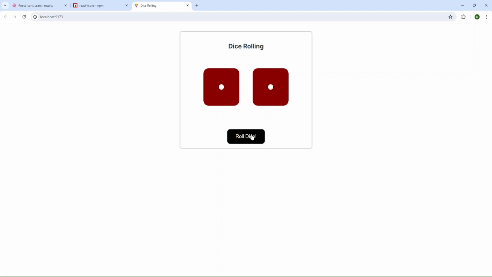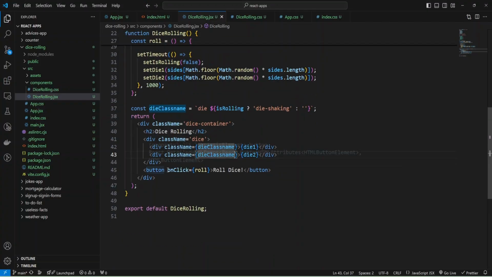I'm going to press roll dice. Okay, as you can see, the dice are shaking, and the number is changing, and press again. Okay, and one more thing, then we need to change roll dice to rolling, and disable the button when the dice are rolling. Okay, and let's do it.